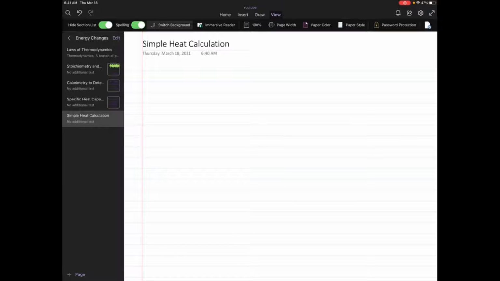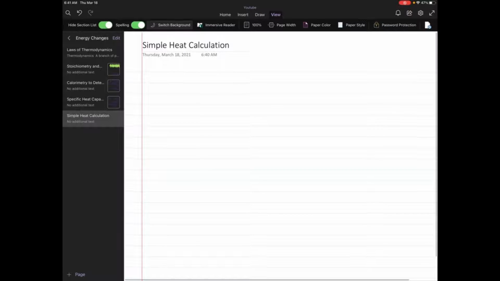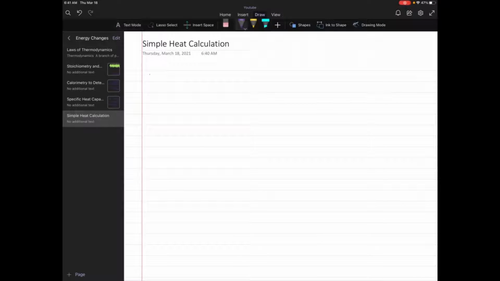So let's say we have a question. I'm just going to pick a question from here. I have a bunch of questions here. Pick one at random. So let's say we have the amount of heat. So let's write down: find the amount of heat, which is represented by the letter Q, needed to raise the temperature